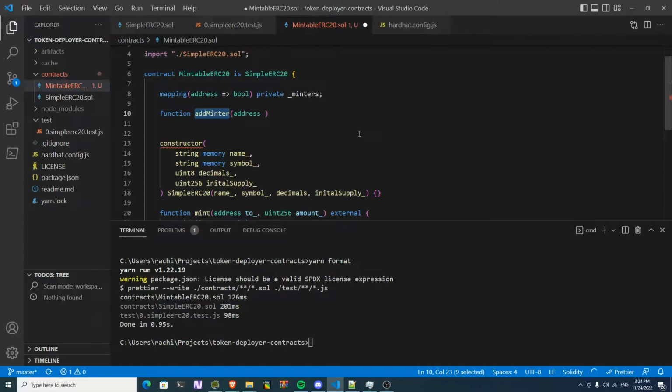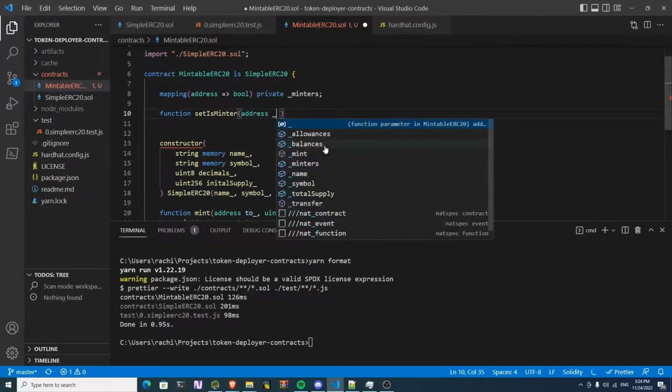Actually, let's make this better, because if we do add minter, we will have to create another function that is remove minter. I think set minter, let's call it set is minter here, to specify that we are actually taking a boolean, and then minter,